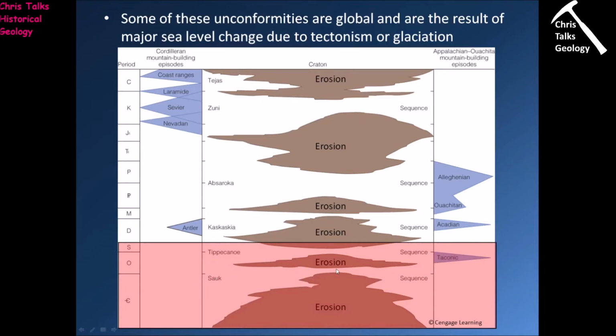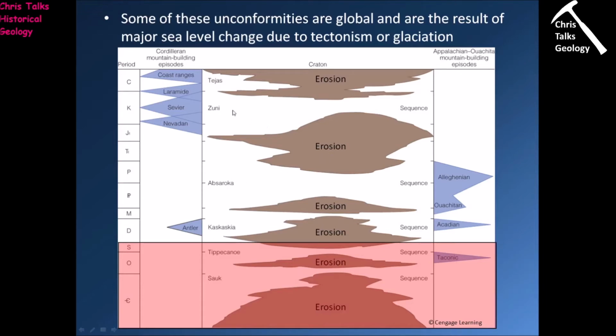Then we have another period where we have a regression, the continent gets exposed again, and then we have another transgression, the continent starts getting covered over, and this is going to result in the formation of the Tippecanoe sequence. Then we have a regression, period of erosion again, then we have another transgression that's going to form the Kaskaskia, another period of erosion, then we have another transgression that's going to lead to the formation of the Absaroka sequence,